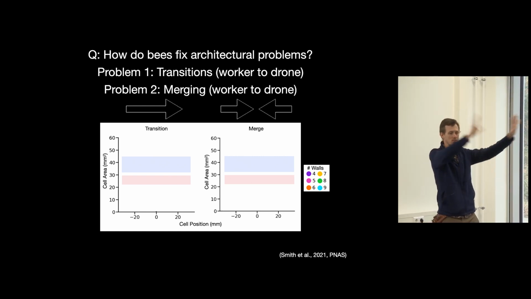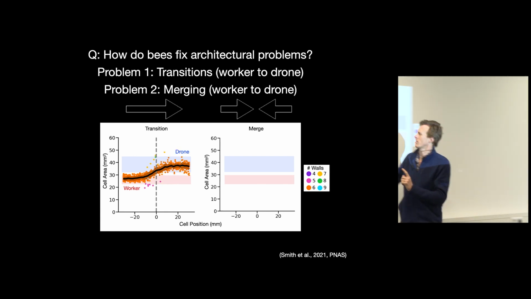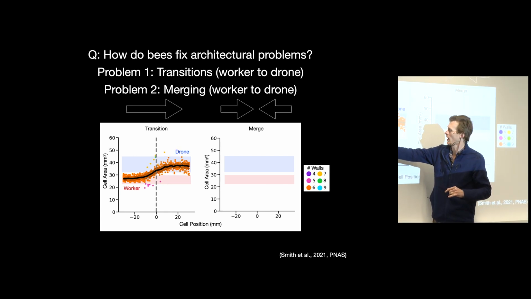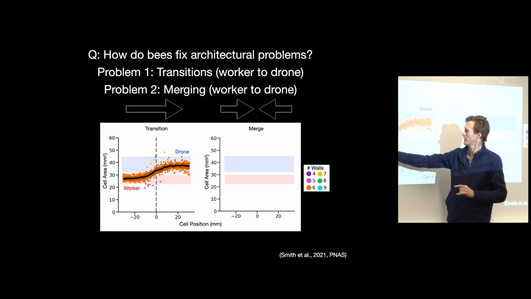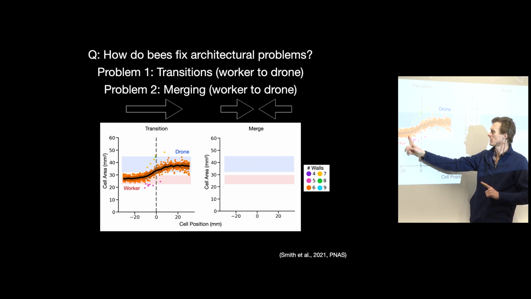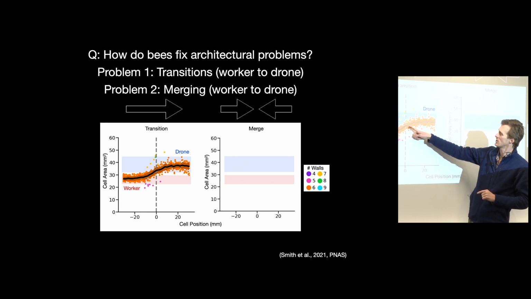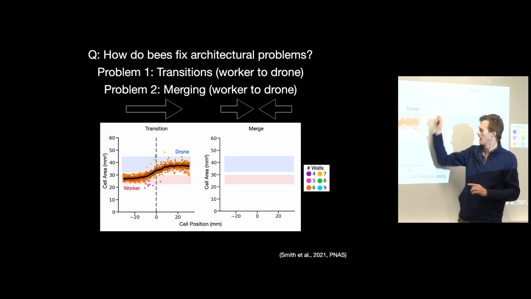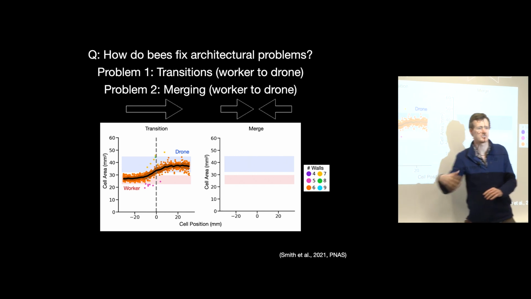If you just give the bees a total piece of comb without any kind of issues, this is the regularity with which they would build their cells. There are over 2,000 cells in this plot, and each individual dot is an individual cell. What we're doing here is walking along a line where they're building worker cells, worker cells, worker cells, and they go through this very slight transition in cell area where they get to drone cells. All the data points that are orange here are your 6-sided cells.